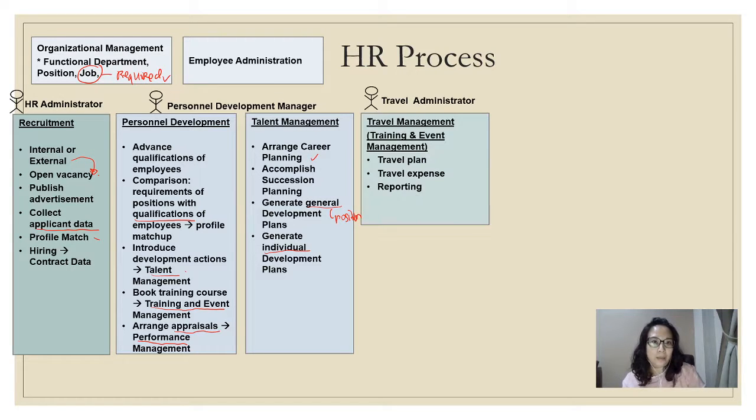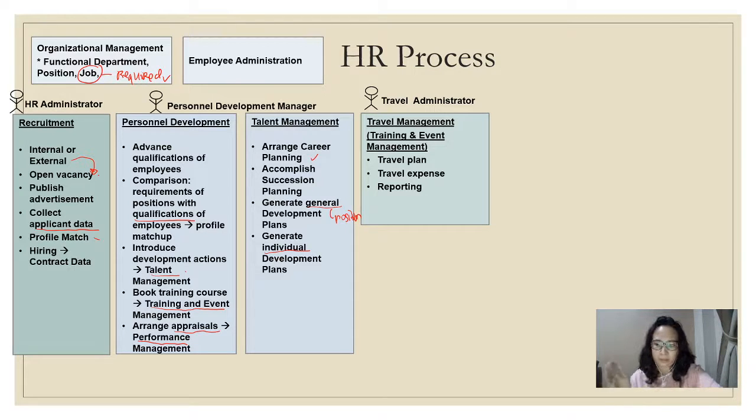Okay, and then the next process is about travel management. In the company, we cannot just suddenly want to travel, or suddenly want to take training. We need to have a plan because it will be related to the budgeting of the company as well. So that's why the travel administrator will plan the employee travel plan,